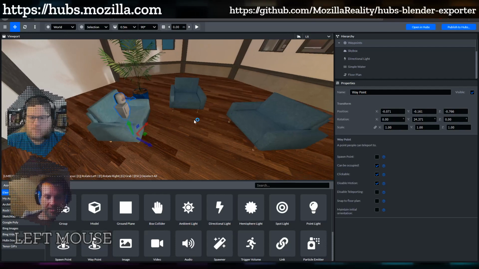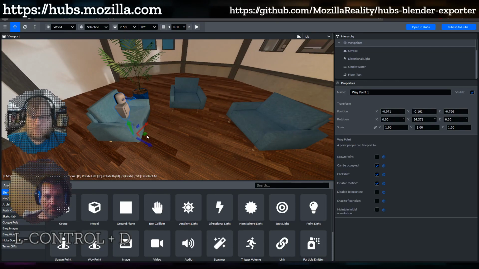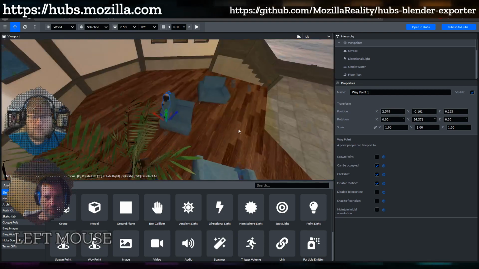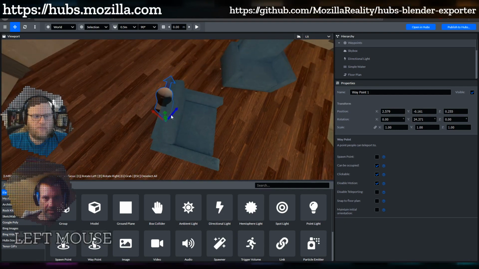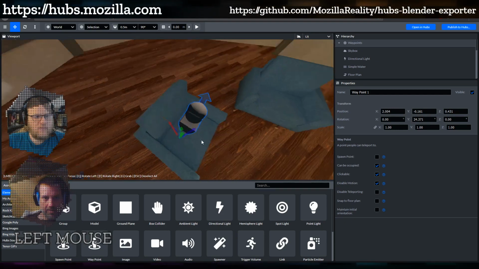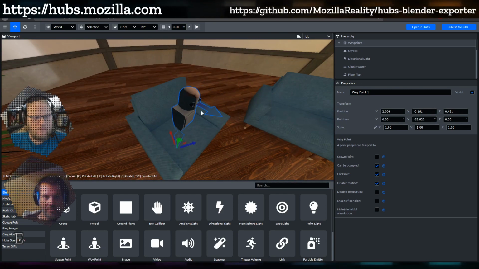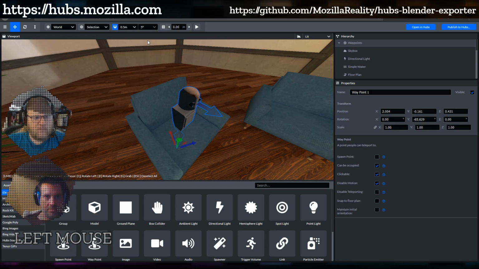I like where that is. I'm going to duplicate it and just move it over, say, to this chair. Sometimes I have to change my angle so I can see a little bit better. About there was pretty good, and then I'll rotate it. I'm using Q and E to rotate, and you can set your snap degrees